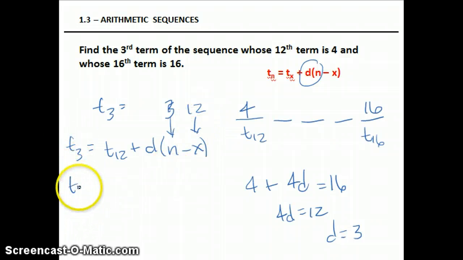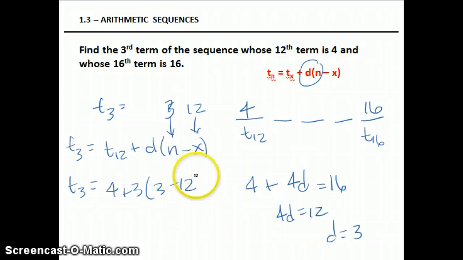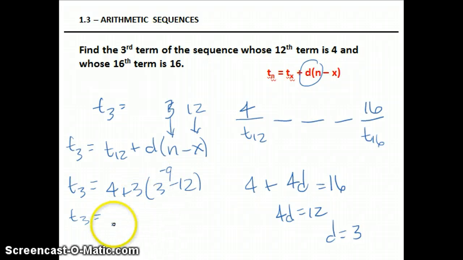So now again, our third term is, we don't know. Our 12th term is 4. Our common difference is 3. Now we have 3 minus 12. So we end up with our third term being 4 plus 3 minus 12, which is negative 9, times 3. So we have 4 minus 9 times 3, which is 27. It's a negative though. So 4 minus 27, or 27 minus 4 is 23, but it's going to be negative 23. Our